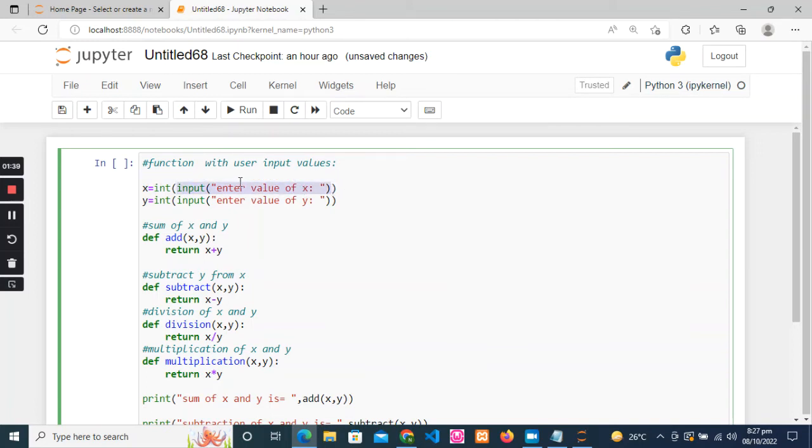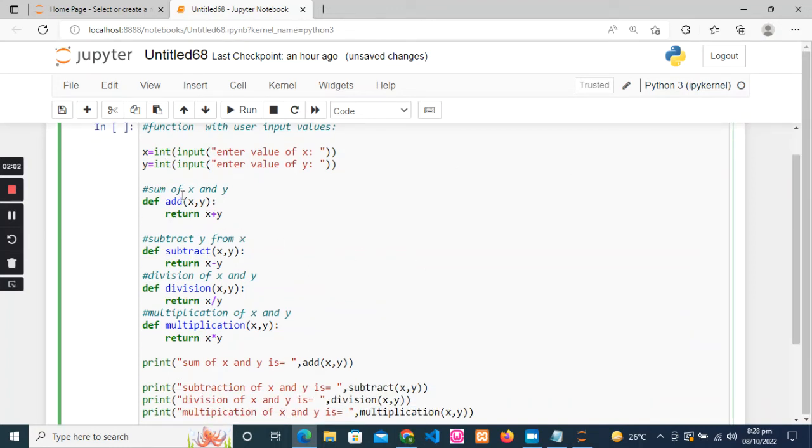So when taken as input, we use int to convert this into an integer. So in both the x and y input we have used this method, and